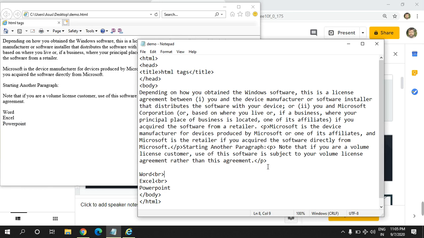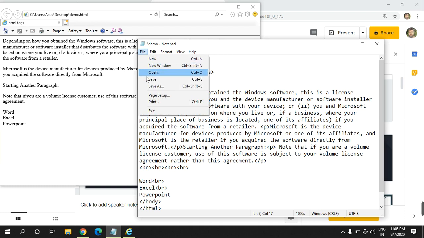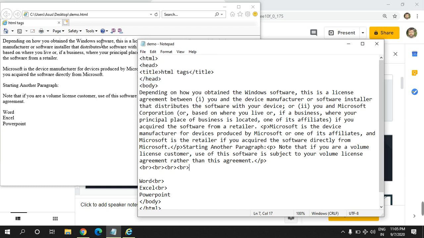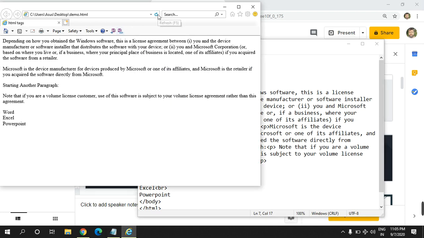So what happens if we put multiple BR tags? For example, here you can see if we put 1, 2, 3, 4 BR tags after the paragraph, then 4 new lines are inserted after the paragraph before the word. So we save it and come back to the web browser and refresh it.